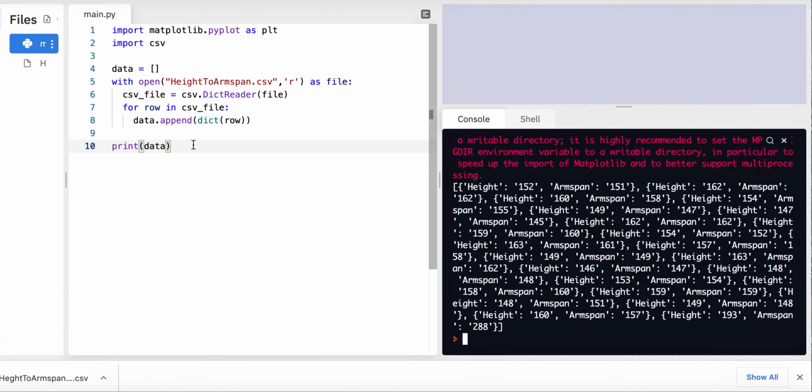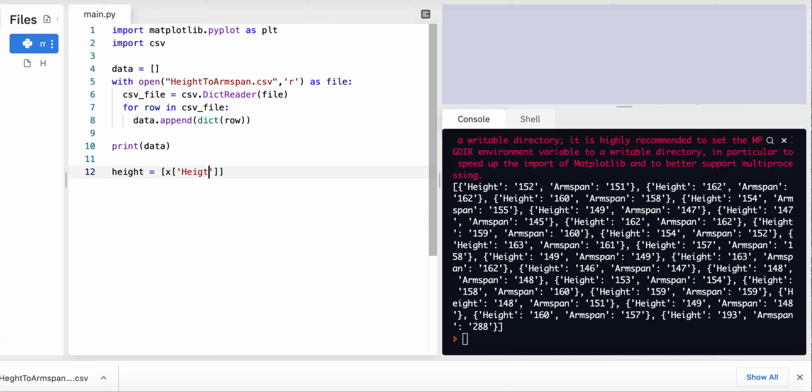So there it is. It's printed it out. It's in there, so it's always a good idea to go and double check. I'm also going to use list comprehension, trying to talk and type at the same time, in order to be able to get things out of this dictionary into lists. So I have a list of dictionaries, and I want to be able to get each element out of that and put it into its own list. So the way I'm doing that is I'm going to say height, and then everything that is